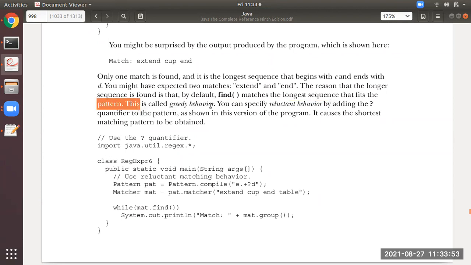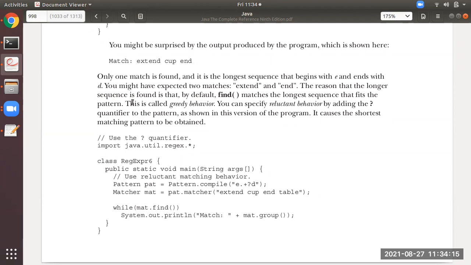This is called greedy behavior. So try to remember, students, what greedy behavior is. But sometimes you don't want the complete thing. You only want the words from that sequence, only the words which start with E and end with D. That behavior is known as reluctant behavior.